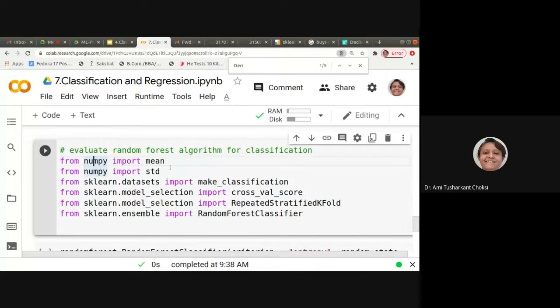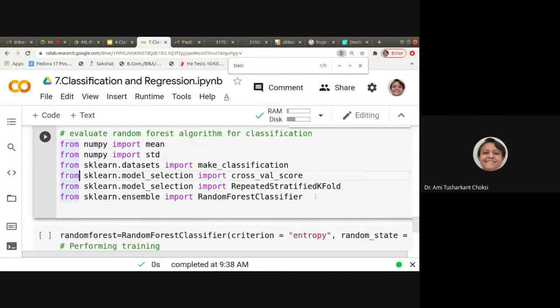Then import sklearn datasets, make_classification, and from sklearn model_selection import cross_val_score. This is what we have already seen.